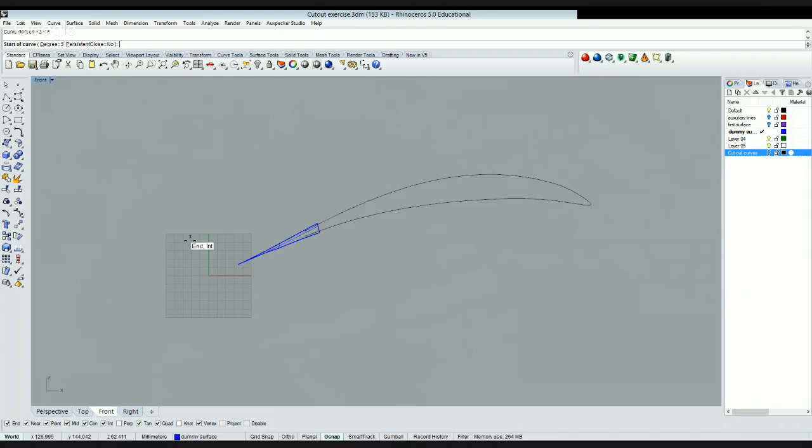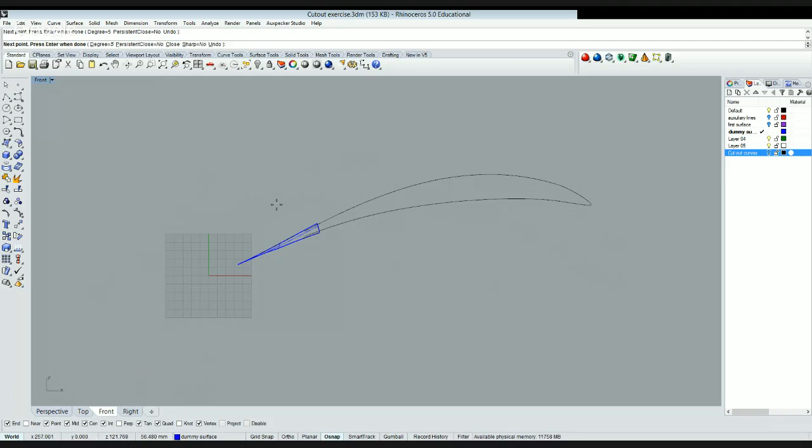So what I want to do, I see the front view. It's like I see the section of my final object. So what I want to create is a line that starts from here, and goes close tangent to my dummy surface in the beginning, and then it comes further down from my initial cutout. So let's do that. I will deactivate the near snap. Okay, so I will go tangent to my initial line in the beginning,